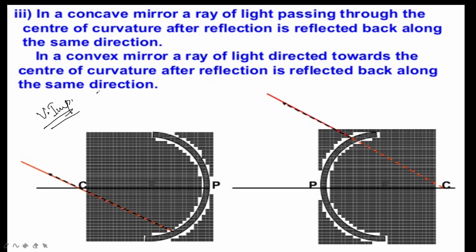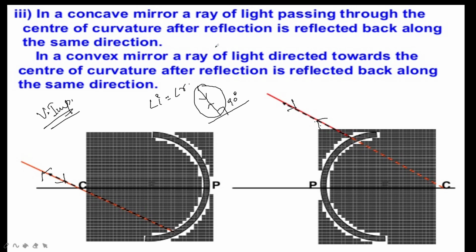VIP question it is, because if the light ray is passing through the center of curvature, it will retrace its path. Okay, passing like this and retracing its path. Why? Because a spherical mirror is a part of a sphere. If the light ray is coming like this, it is forming a tangent, and it forms 90 degrees. As we know, angle I is equal to angle R. So if it is passing like this, it will retrace its path.